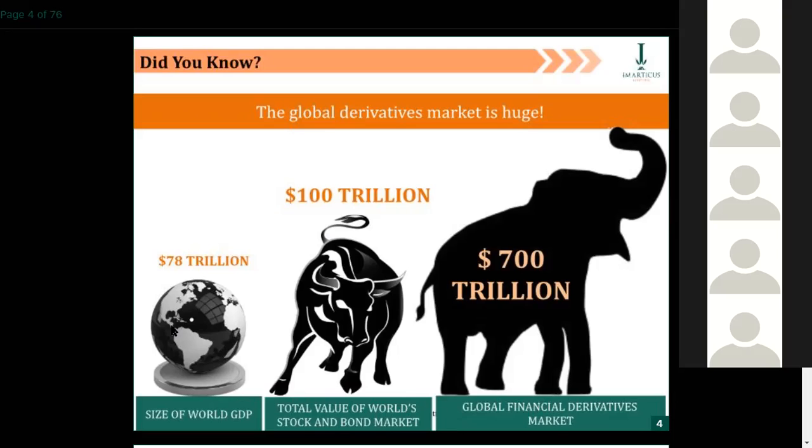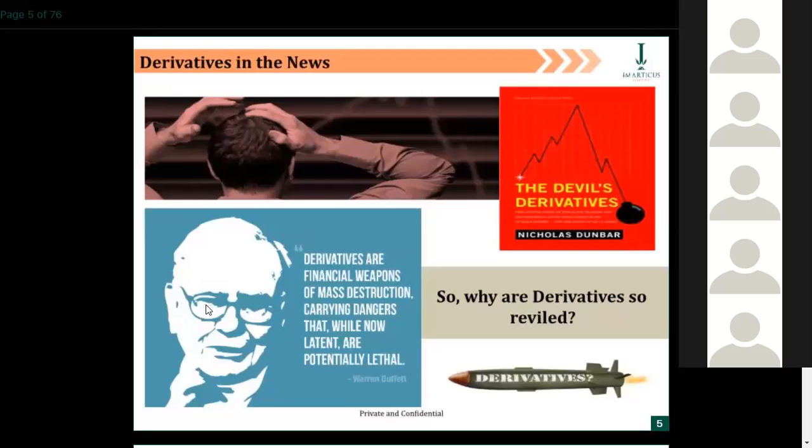If you look at the GDP of the world and the bond market and stock market sizes together, you will see this market is really big. So 78 trillion is the size of the world GDP. 100 trillion is the size of the stock and bond market together, and 700 trillion is the size of the global financial derivative market. So it is quite massive, and that's very clear. Okay, and